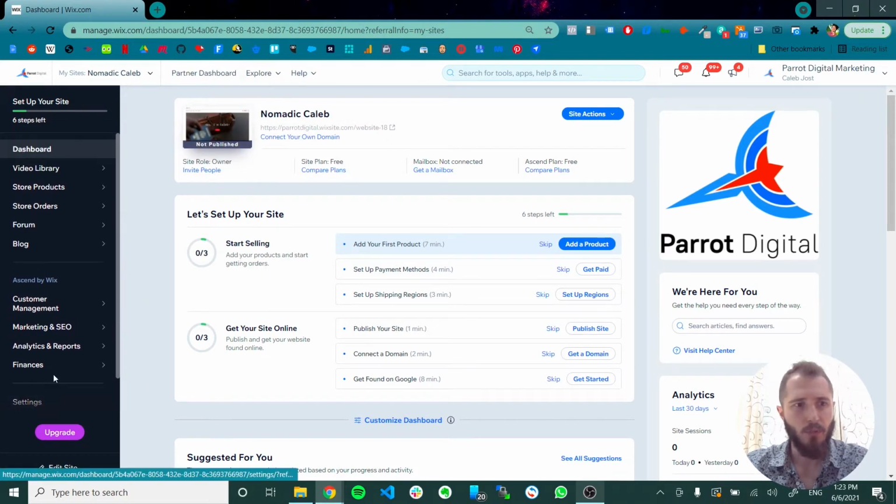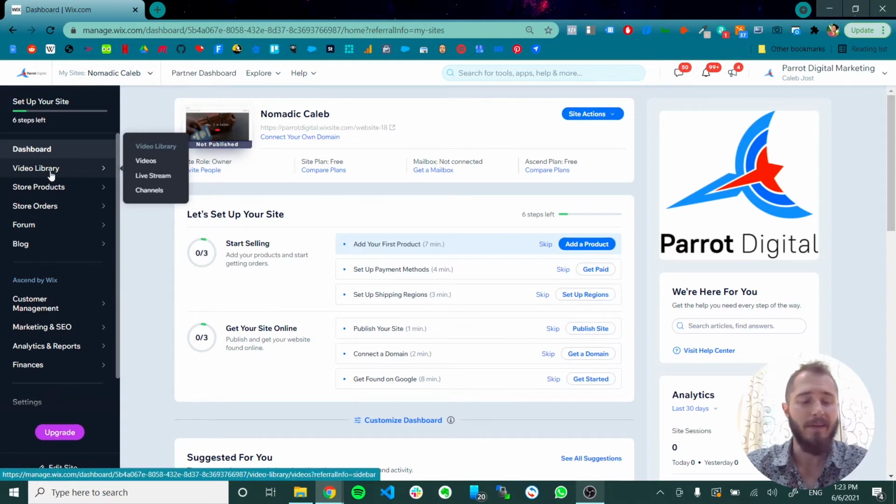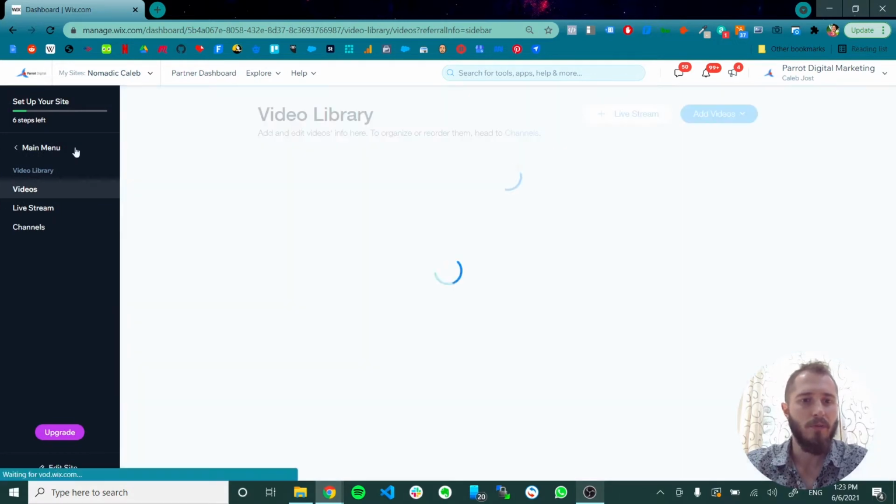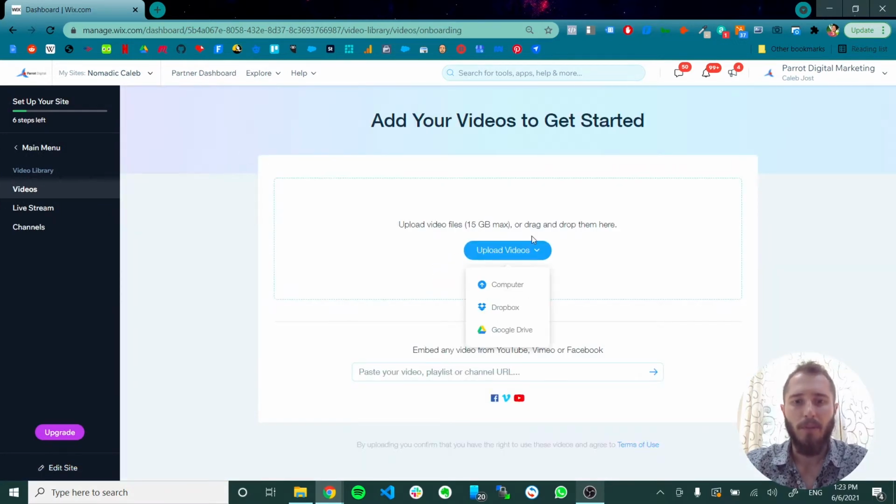Okay, so now here on the left-hand sidebar, there's a ton of options, right? We're going to walk through each one of these so that you have a strong foundation and you feel comfortable navigating the Wix dashboard. So right below here, we have the video library. That's because I added the video app to my website. If we click in here, we'll go further into the video library later, but we can upload files or we